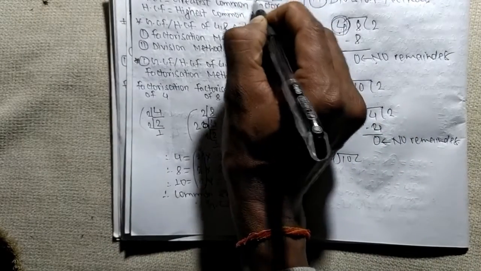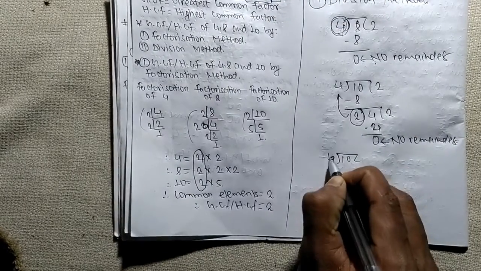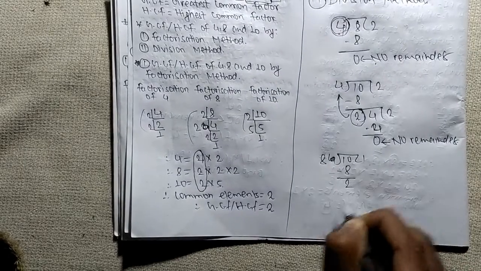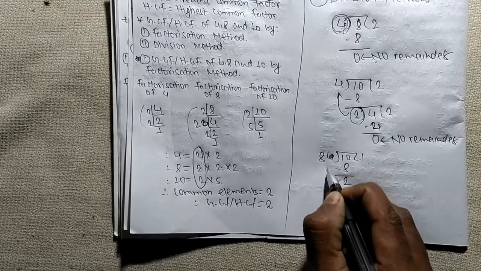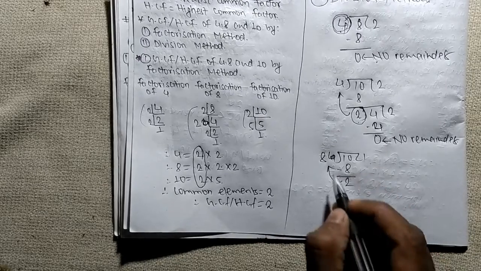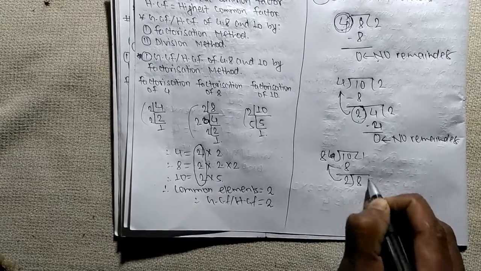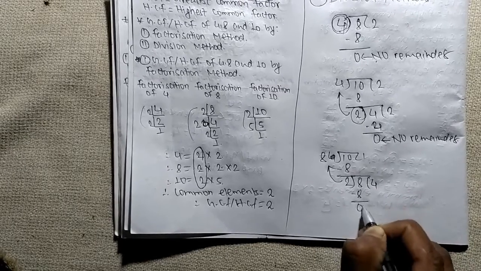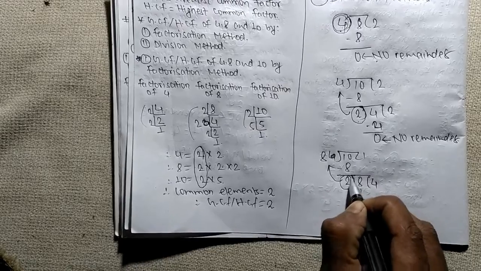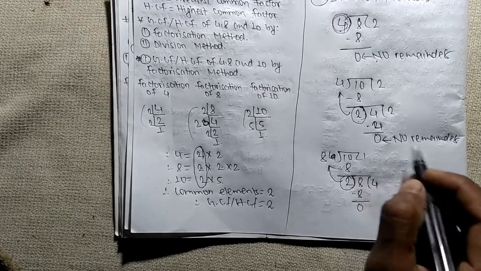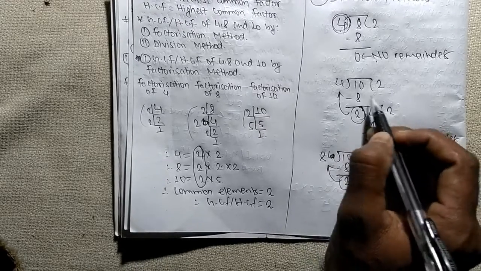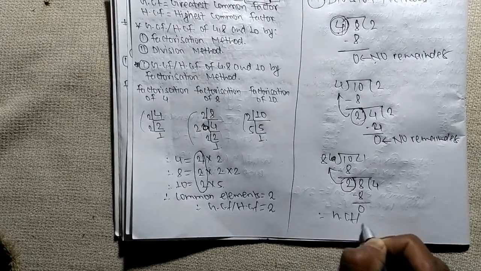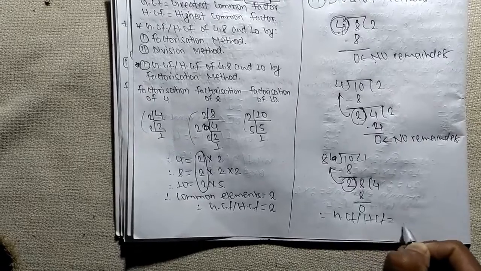Third, the numbers 8 and 10. So 8 divides 10: 8 times 1 means it is 8. So here 2 is the remainder. Again we have to divide the divisor by the remainder, that is, 2 divides 8. So it is 2 times 4 means 8. So 2 takes no remainder in the case of 8 and 10, and 2 takes no remainder in the case of 4 and 10. So we can write GCF or HCF is equal to